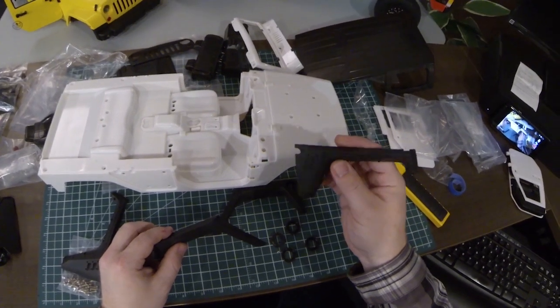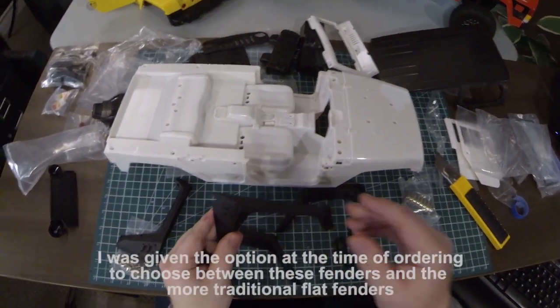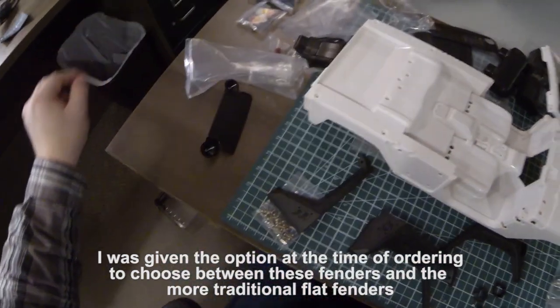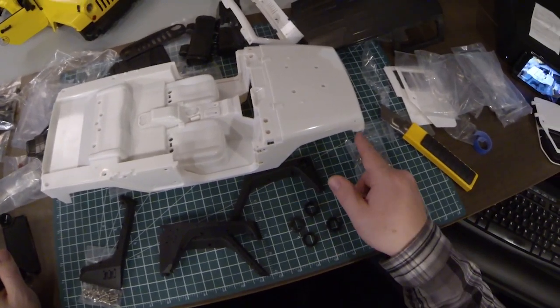I wouldn't have minded having the flat fenders as well, but that was just a mix-up, and if I want to, I can probably order them. I actually have the original flat fenders that came with my Axial body, the one that had that clear roof on it, and we're going to see whether or not those are a match for this. There's a chance that they are. I've got my